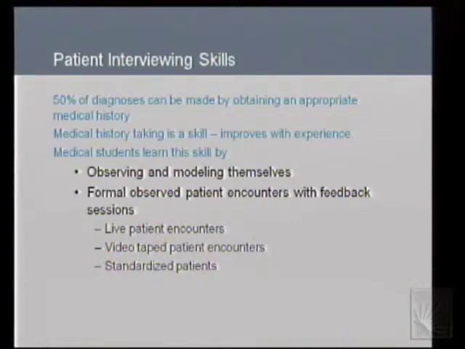So traditionally, how do medical schools deal with this? How do they teach students how to take a history? One is the faculty: they're looking at other preceptors and faculty and modeling themselves. But in addition to that, a lot of medical schools will have these formal sessions where they'll have a standardized patient or an actual patient who gives consent and has a videotaped encounter, and then the faculty sits down with the student and they go over the whole encounter and say, what could you have asked different?